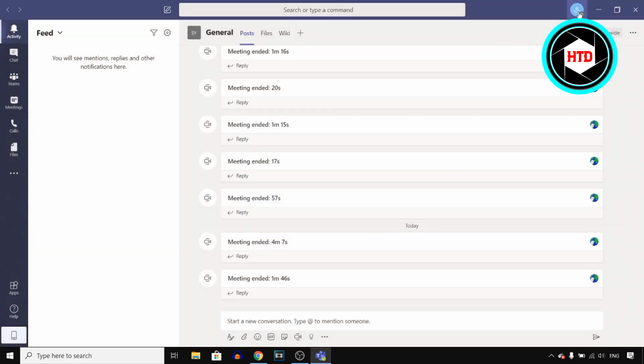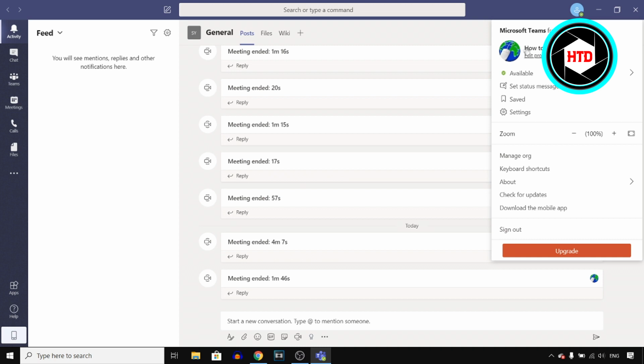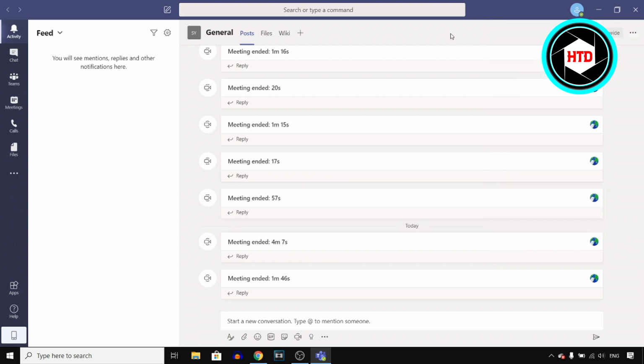picture. Now it might take a while to update. If I click on this, you'll still see this one. So it can take a few hours to properly update, but that's how you can change your profile picture on